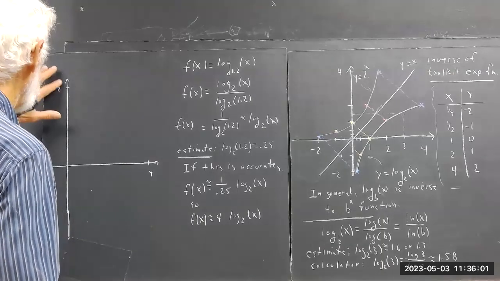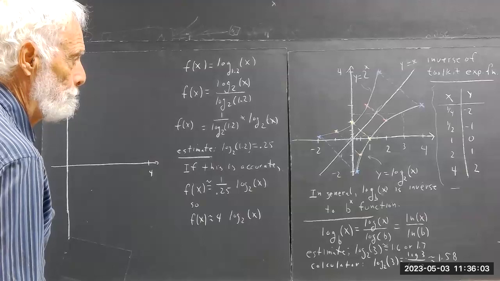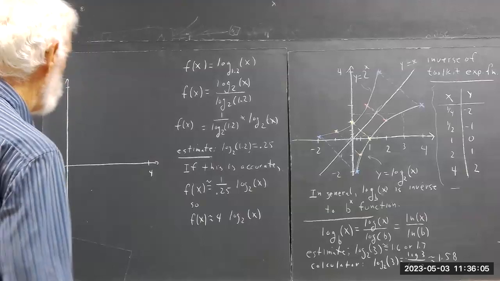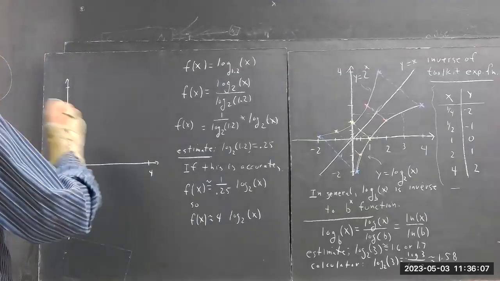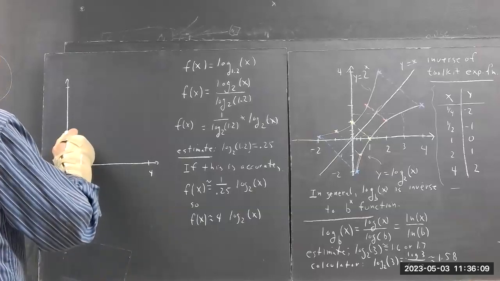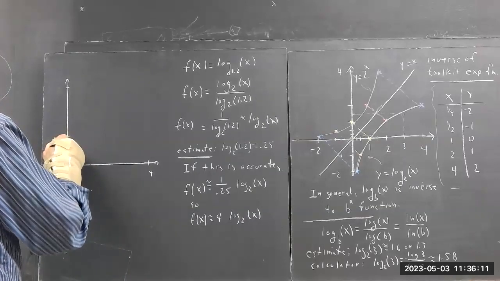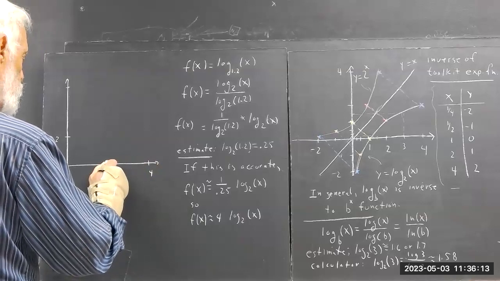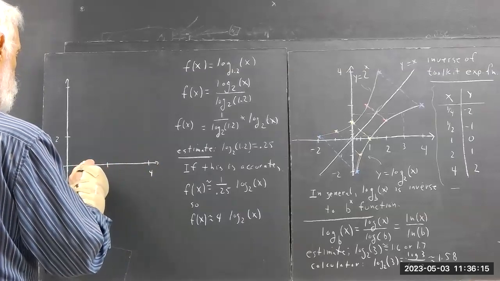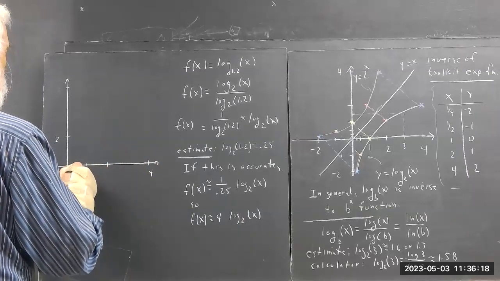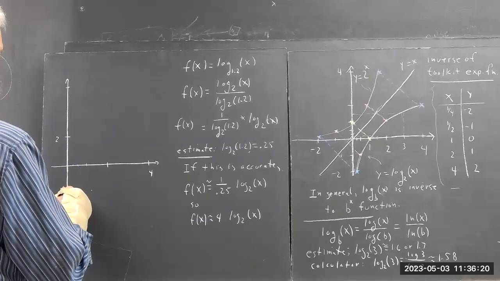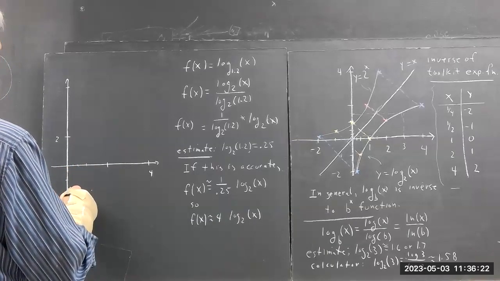Actually, that's a bad idea, so I'm not gonna do that. Okay. Because of what's coming up. Okay, I'm gonna put 2 here. I'm gonna put 4 out here, and 2 here, 1 here, 1 there, 1, 4. And -2 will be here, and -1 will be here. So our graph